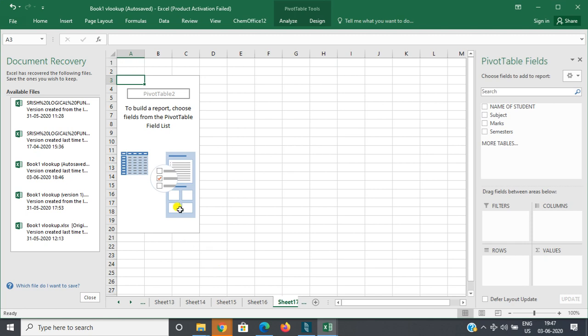Now a sheet opens, and you can see over here a dummy to build the table report. On the right of the Excel sheet, this shows the various fields in my table: name of student, subject, marks and semester, shown as fields which I can use in my table.